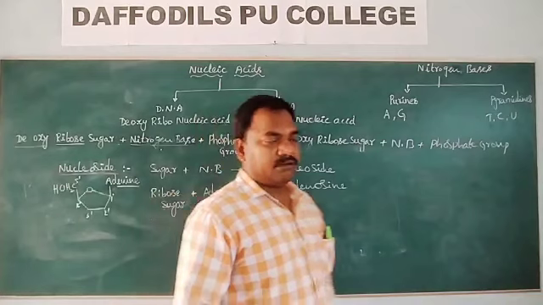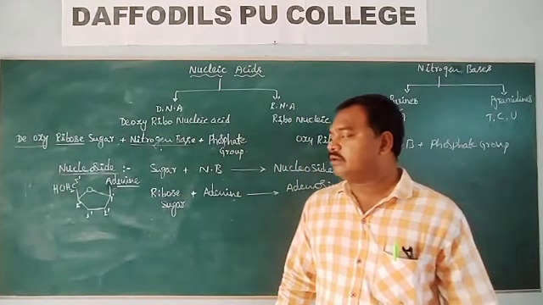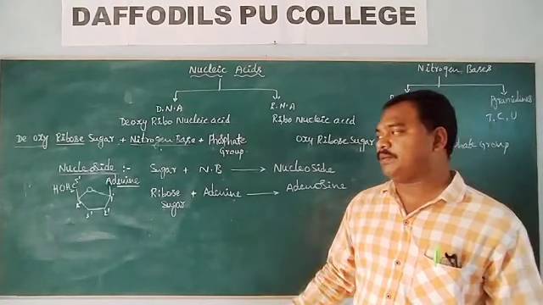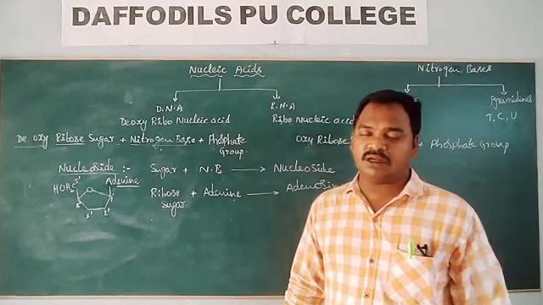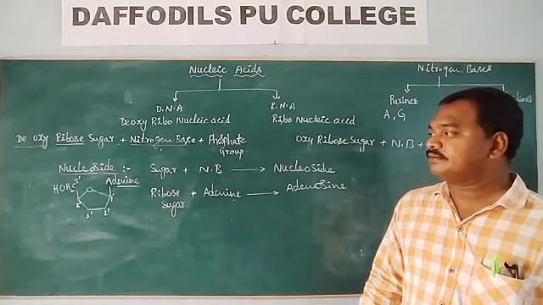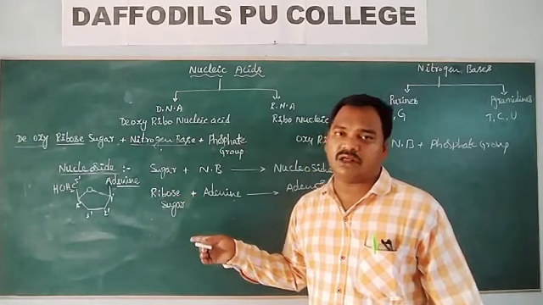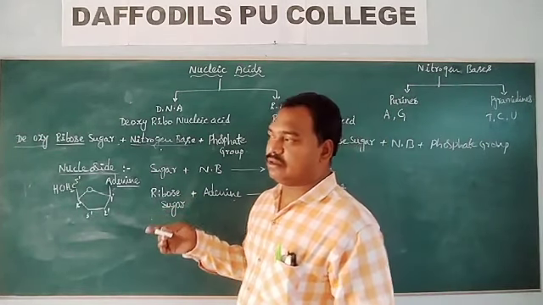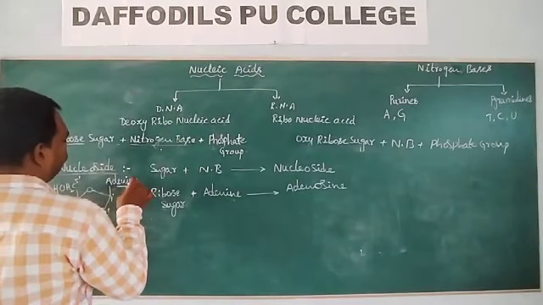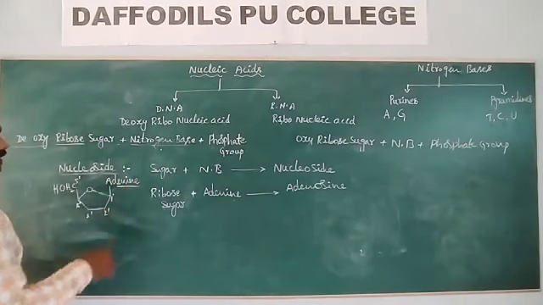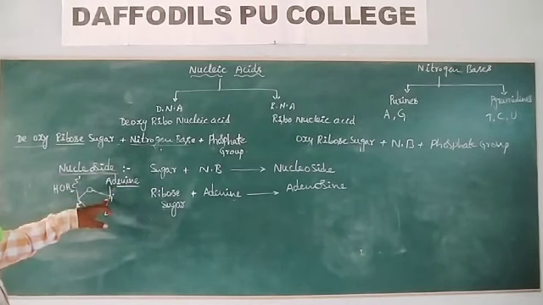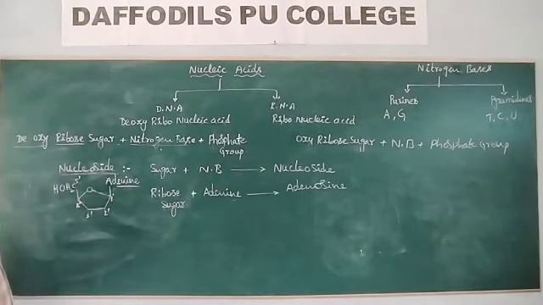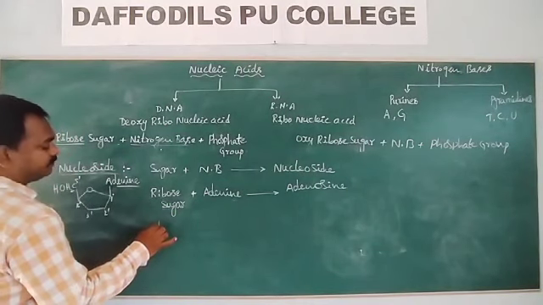Maybe in your biology you have the structures. In this chapter there is no need for the structure. For your reference, in the materials they give the structures of adenine and its bonds, but the textbook does not give all these structures, so we don't need them. Simply you have to know to which carbon the adenine is connected: to the 1 prime carbon. Next, come to the second one.